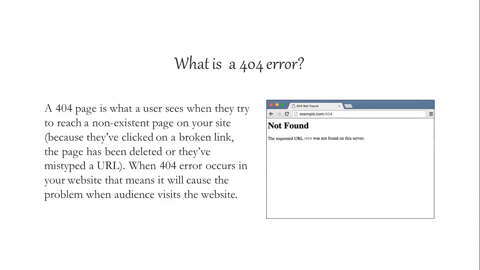But when this communication breaks, you may see error 404, Not Found, or HTTP 404. When an HTTP 404 appears on your screen, it means that although the server is reachable, the specific page you are looking for is not. Essentially, it is a page that does not exist, or it is broken.